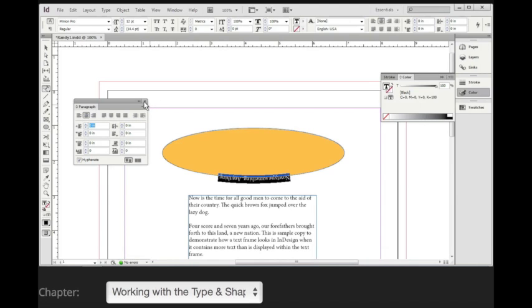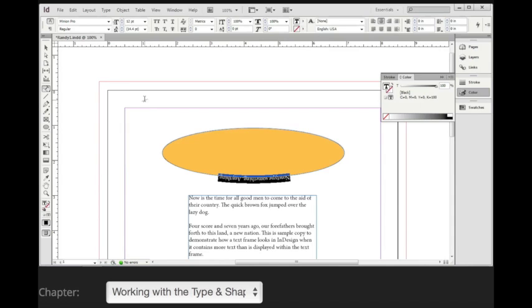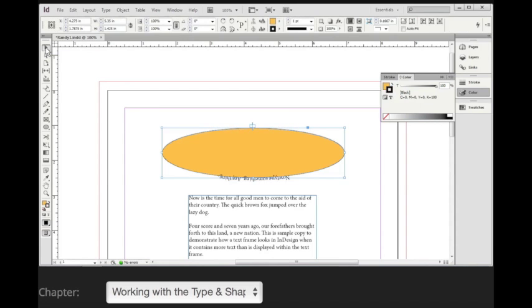Click the X to the upper right of that panel to close it. We'll get back to it later in this chapter of our InDesign course. Go to your toolbox and get the Selection tool. Click on the oval with the upside down type. Don't mess with it yet, but notice that there's a little blue cursor